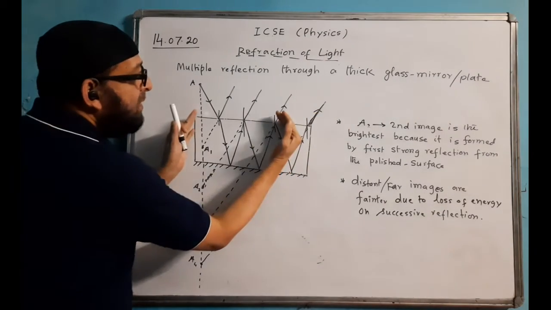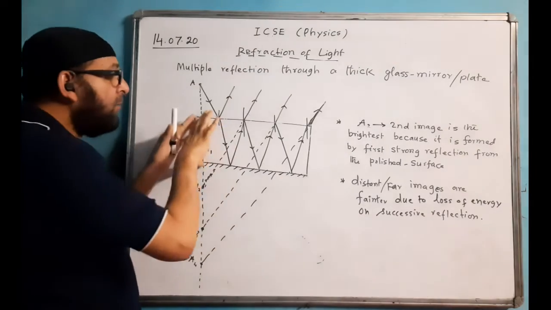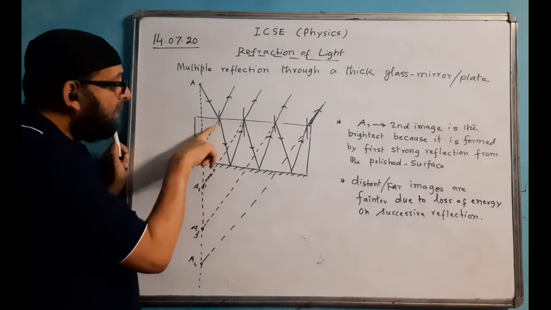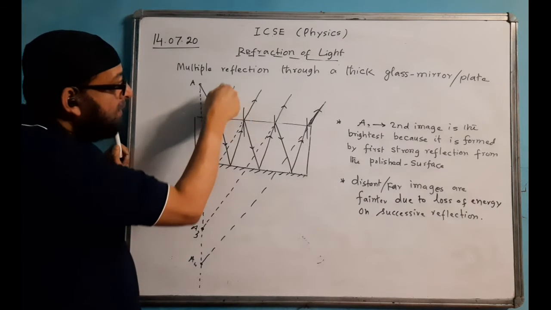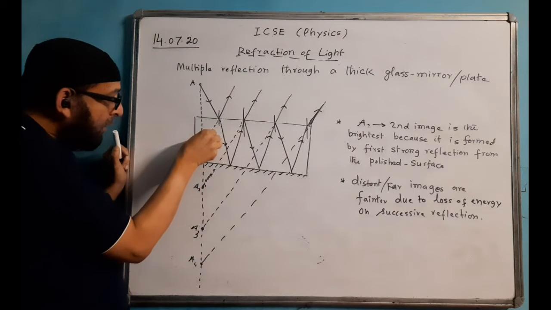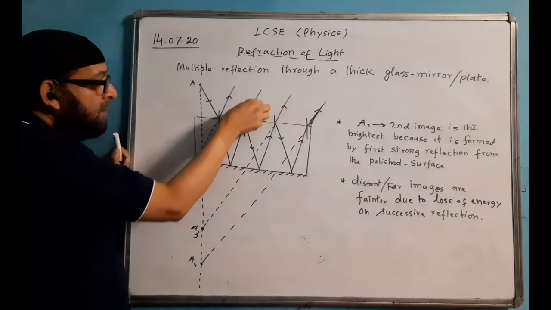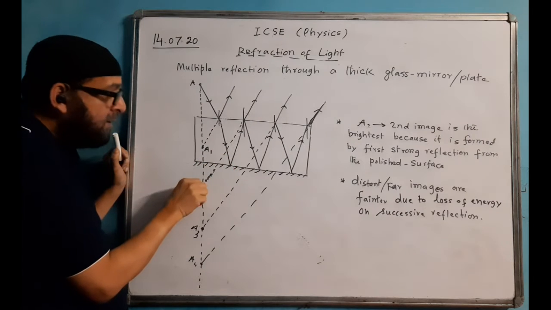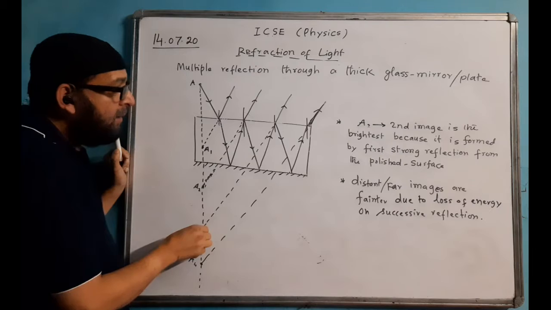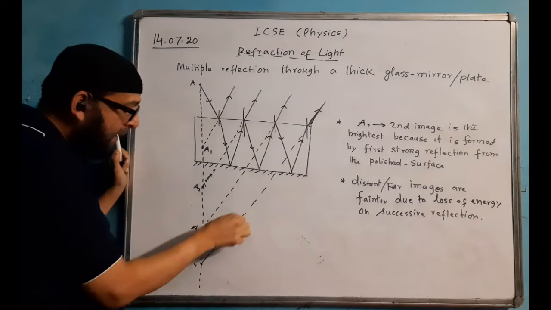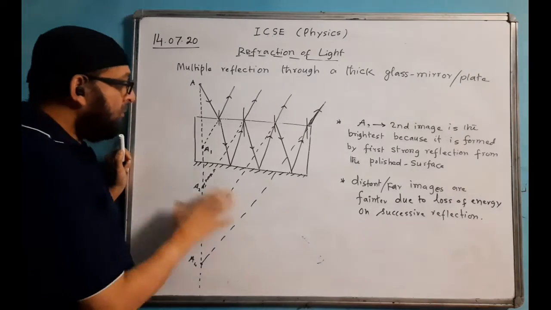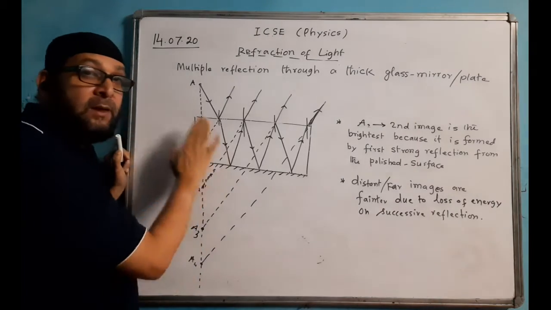If you take a little less space, then there will be 3 images, depending upon the shape of this glass block. So here the image is formed by the reflected rays, whichever rays are coming here or here. These rays will be making the images. This ray, put forward by a dotted line here, is the first image formed. This is the second image, by a dotted line over here. The dotted line is put straight there using a ruler. Third image, this will go back by a dotted line here. Fourth image, and so on. Images are formed, so there are so many images formed. We say multiple images are formed.